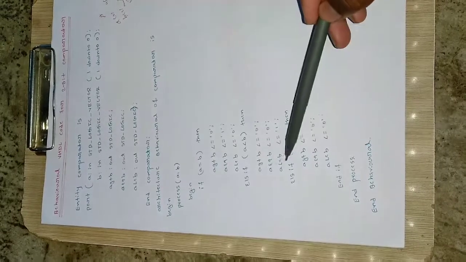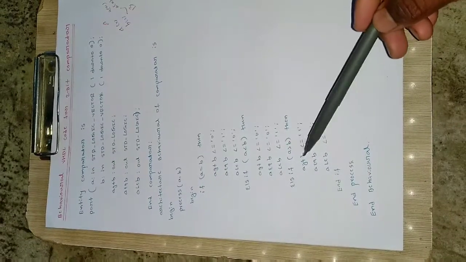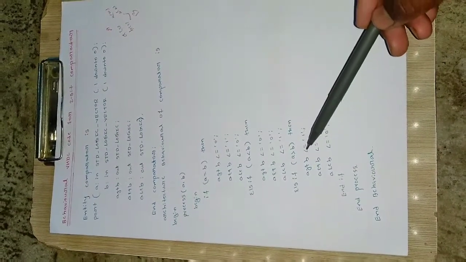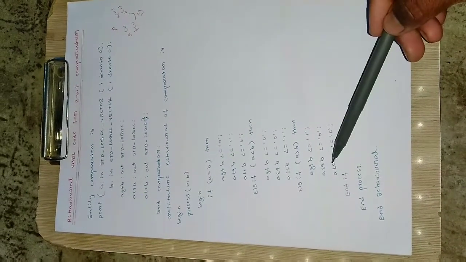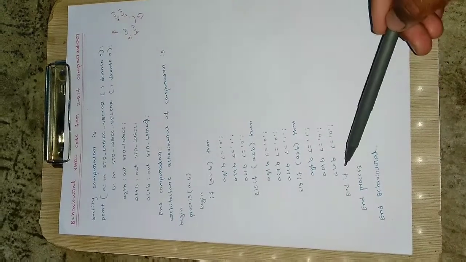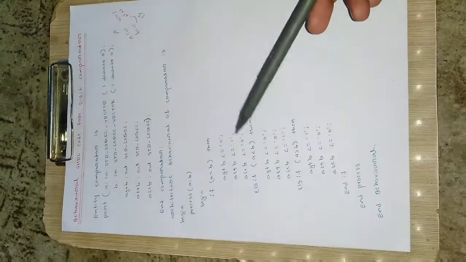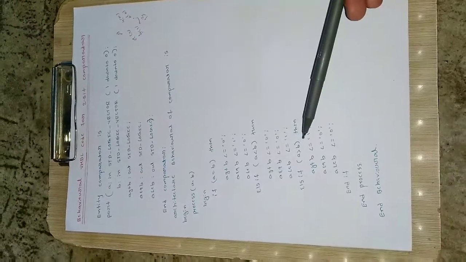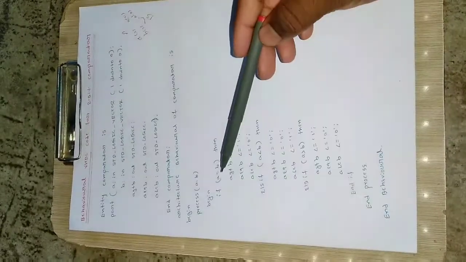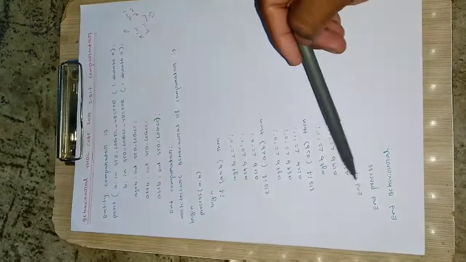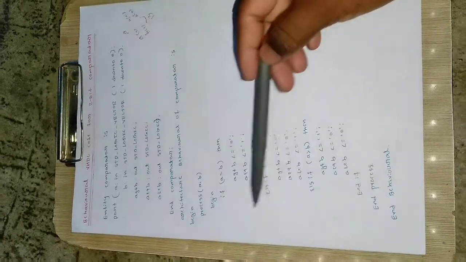If this is also not true, else if A is greater than B, then if this is true, A greater than B will be assigned the value 1 and the others will be assigned 0. As you can see, A equal to B is assigned 0 and A less than B is assigned 0. Like this we write three conditions, A equal to B, A less than B, and A greater than B, with the help of else if statements. Then it's time to end this if statement. Since it started here, we end this if here. Then this process started here, so end this process.